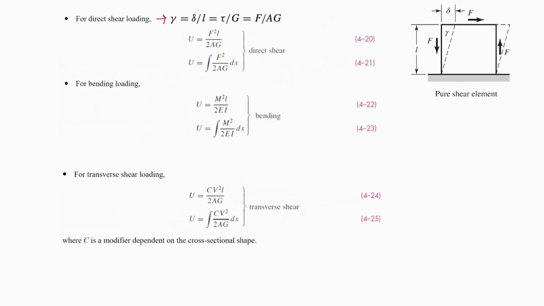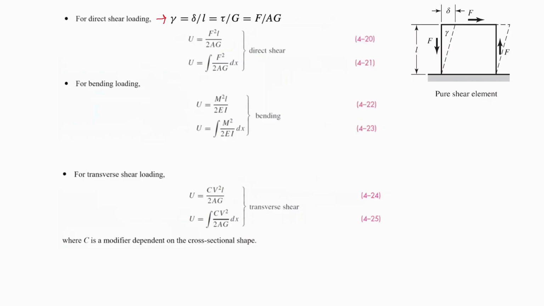Hooke's law can be applied if the applied stress is in the proportional limit, and G is the shear modulus, as we know. We also know that the shear stiffness K, and in general the stiffness of a structure, is equal to the ratio of applied force to the deflection. And in this case, we are interested in the shear stiffness of the structure. Since the structure is subjected to a shear force, the shear stiffness is equal to the ratio of shear force F to the deflection, this displacement delta.